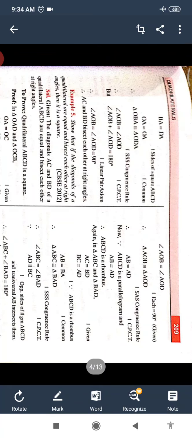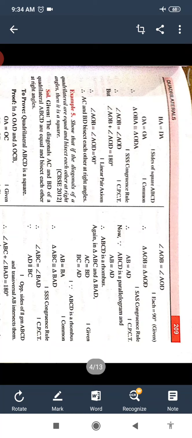These two angles are equal, but we know that this is a linear pair. Angle AOB plus angle AOD equal to 180. We know that angles of a linear pair are supplementary. Supplementary means the sum of the two angles is 180, and both are equal. So taking x in place of both angles, x plus x equal to 180. 2x equal to 180. Therefore, x equal to 180 upon 2, which is 90. Therefore, both angles are x, and the measure of x is 90.